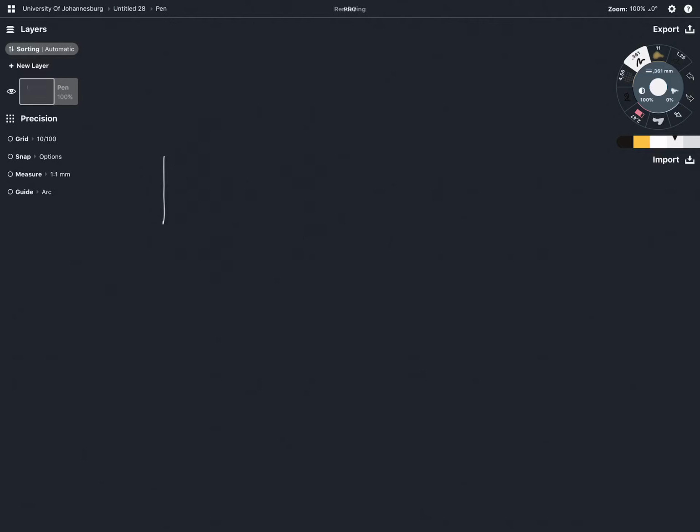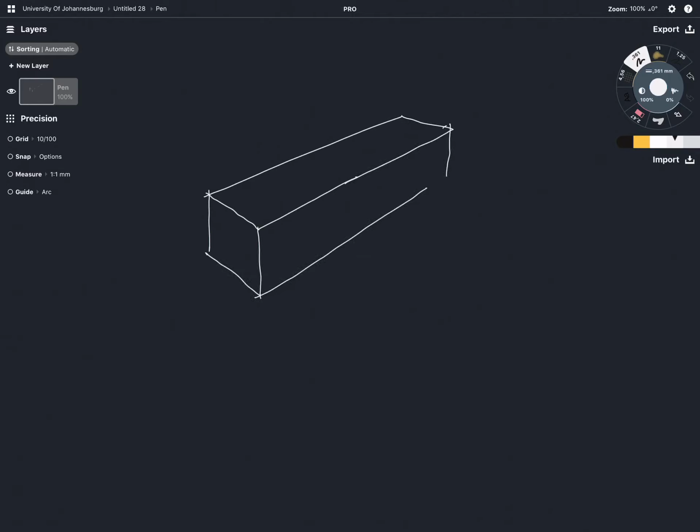So yeah, the other thing about form as well is you can create a box. Let's take a long box. And what you could do is, if you had a fully glazed section,